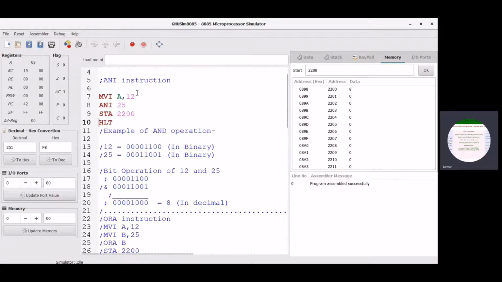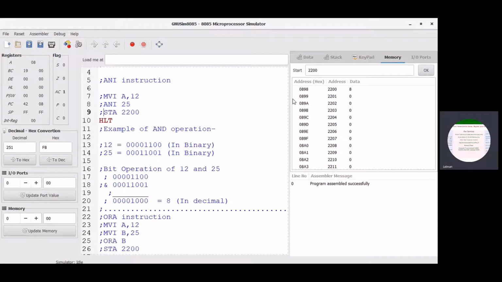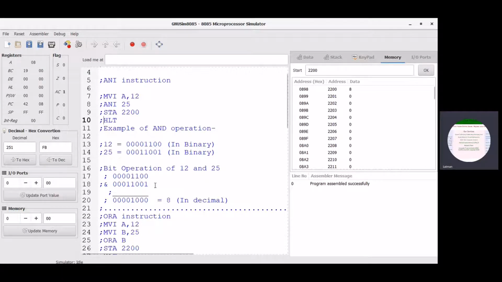This is about the ANI instruction. Now comment all the instructions related to ANI and move to the next logical instruction, ORA, that is the OR instruction.